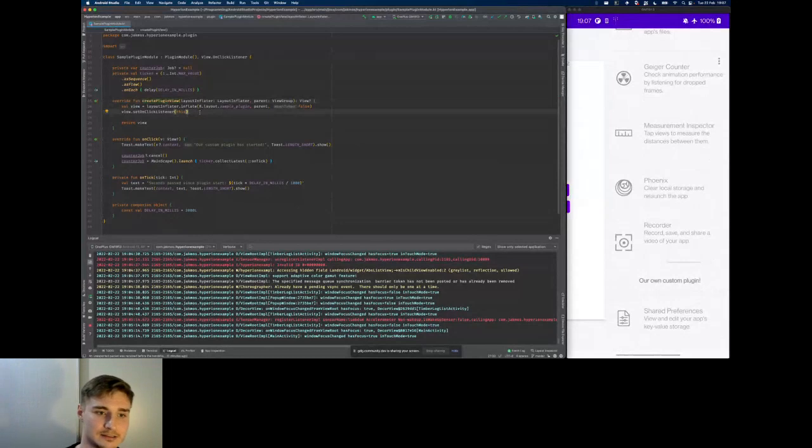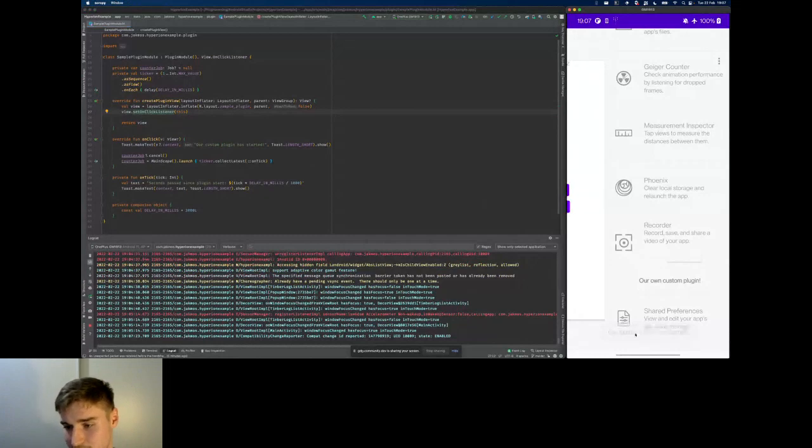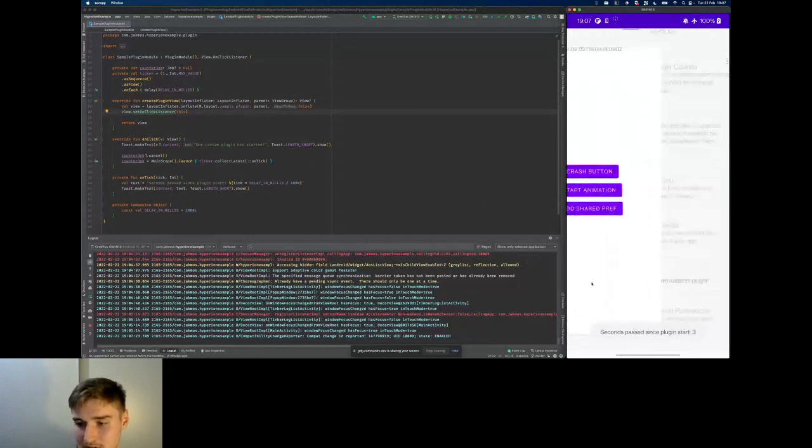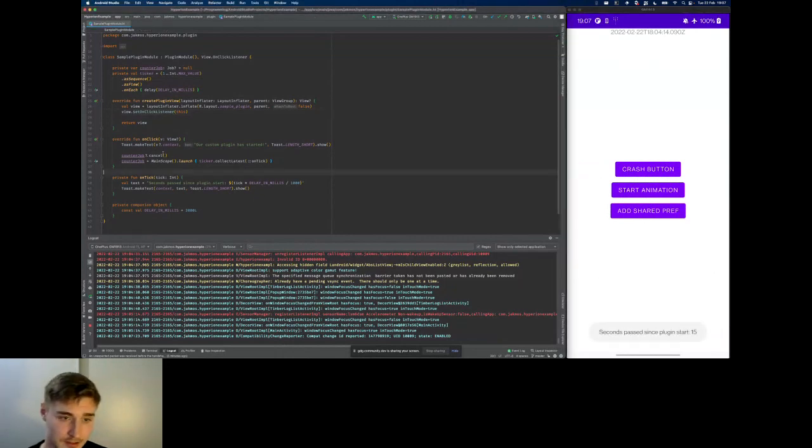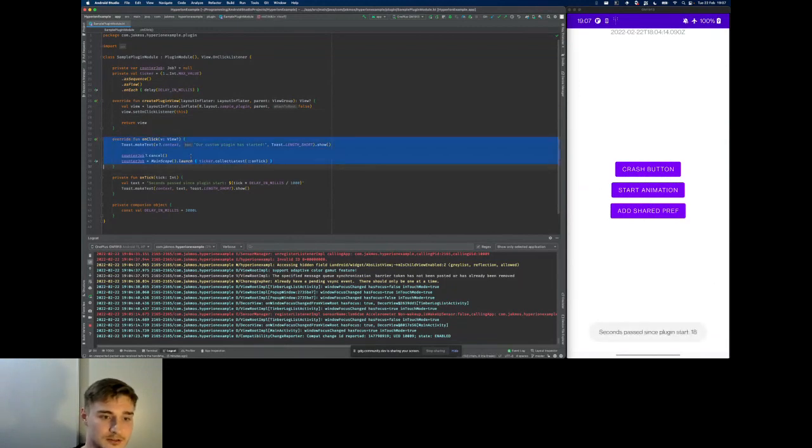But it's useful to add some action after clicking this. So that's why I've attached the click listener on the view. And you can see that after clicking this plugin, we can see first a toast that informs us that the plugin started, and another toast every 3 seconds that informs us that the plugin started. So I won't go into details on how it was created, because it's nothing related to Hyperion. But you can basically add any logic you want in the onClick method.